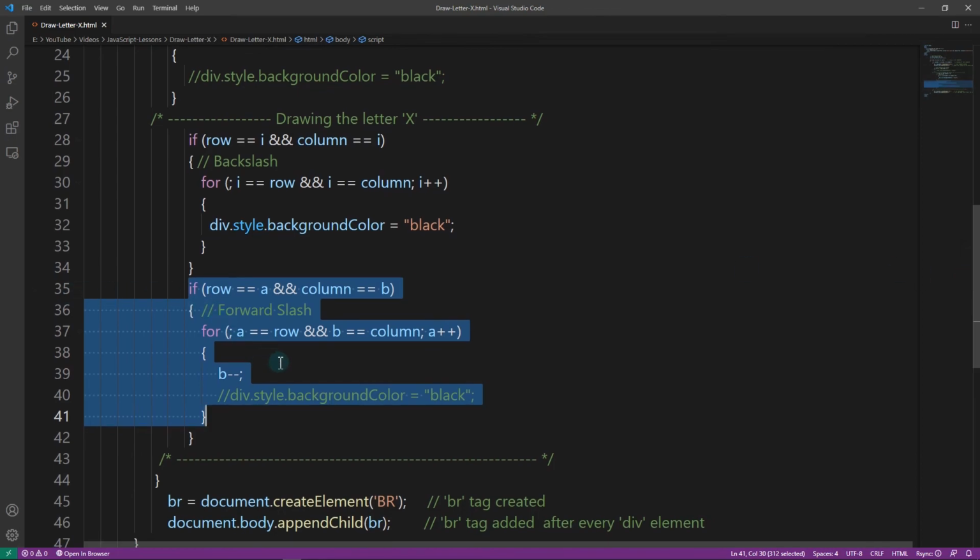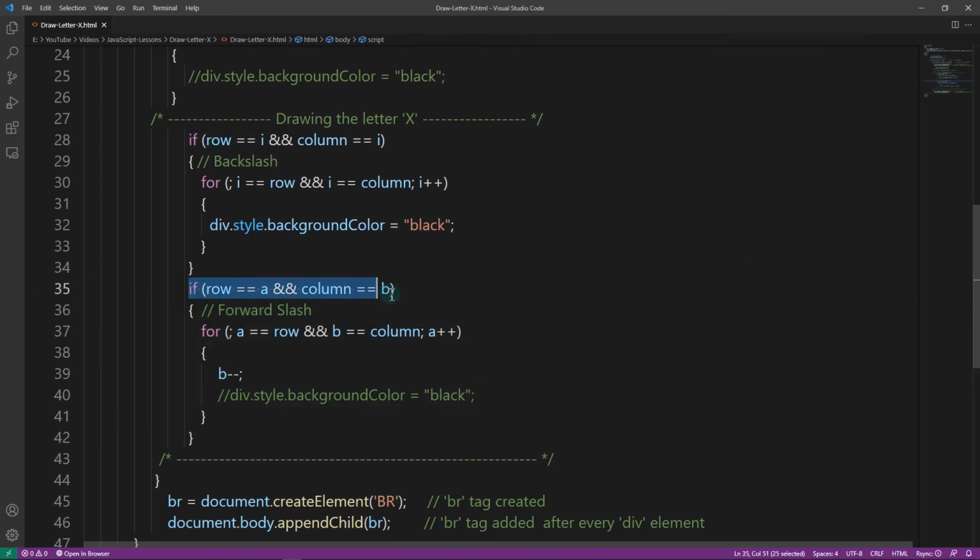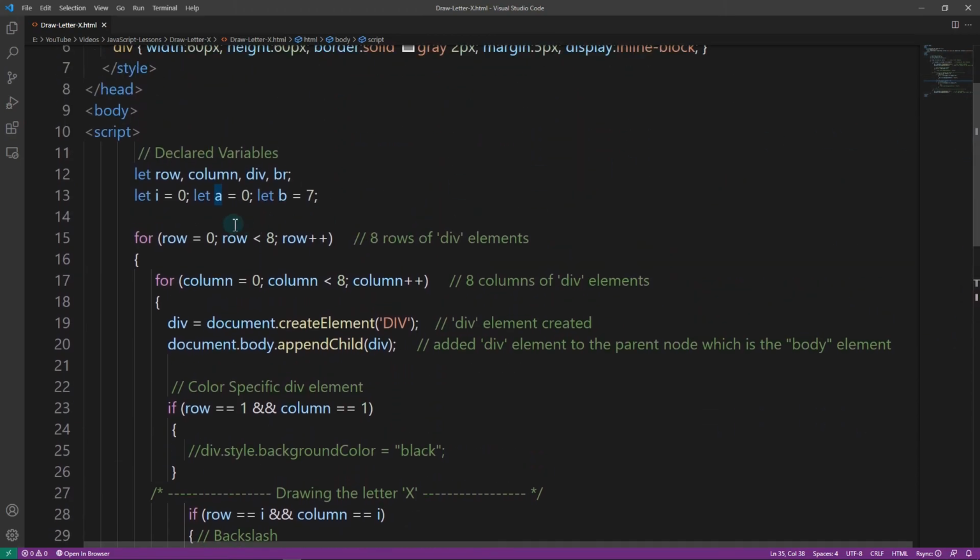for the / line 35. So here, same concepts for the if statement. If row is equal to A, but the only difference between line 28 and 35 is that row and column won't compare the same values, because they will start at different values. So A, we declare A up here. We set A equal to 0 and let B is equal to 7. A starts at 0, B starts at 7, because B will decrement